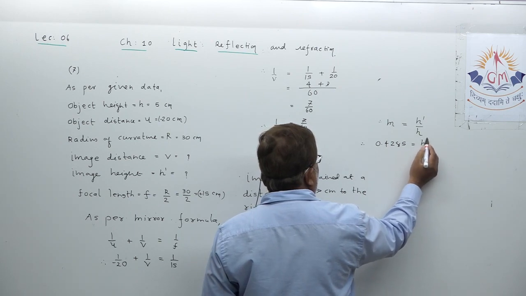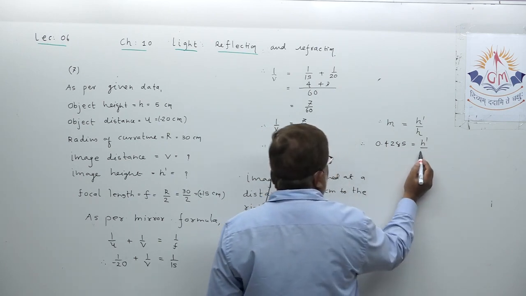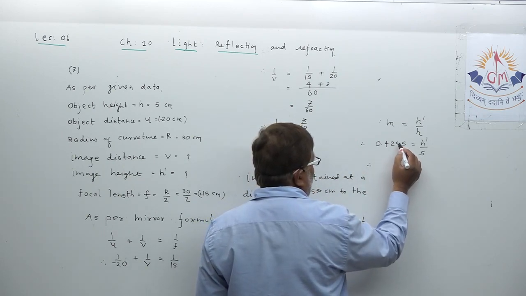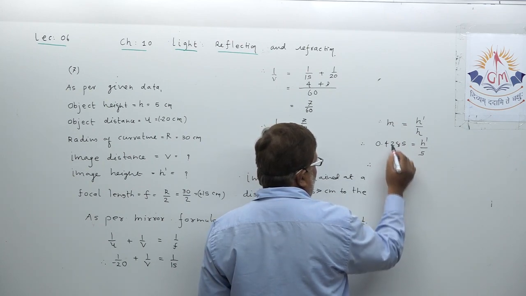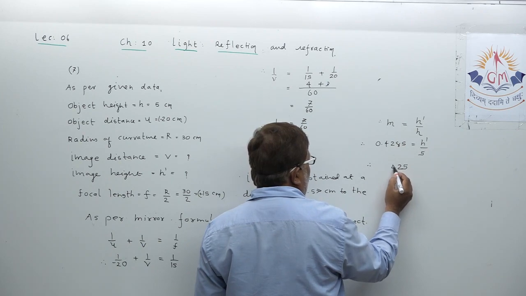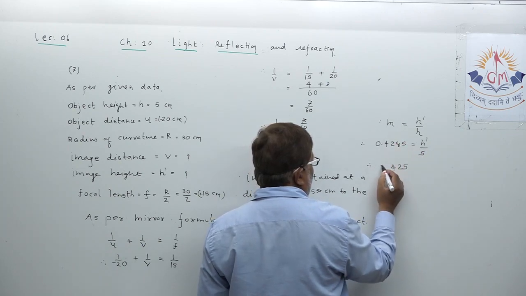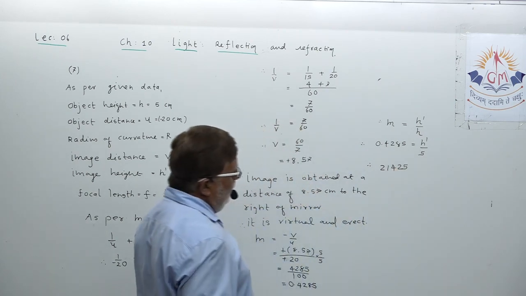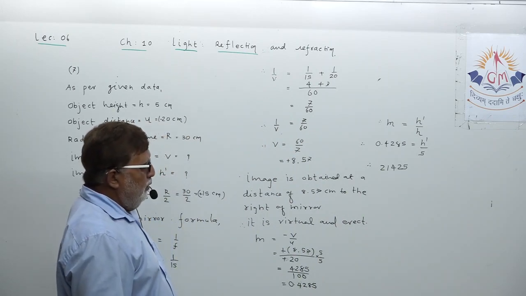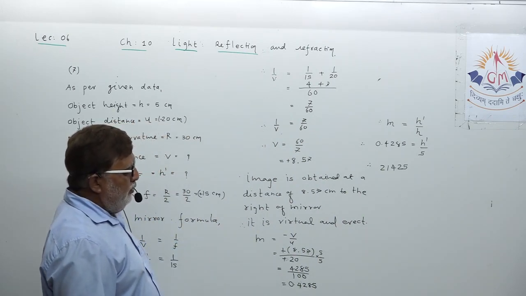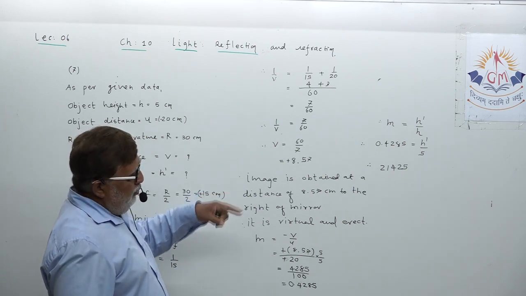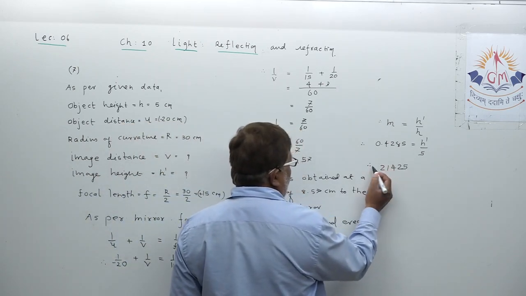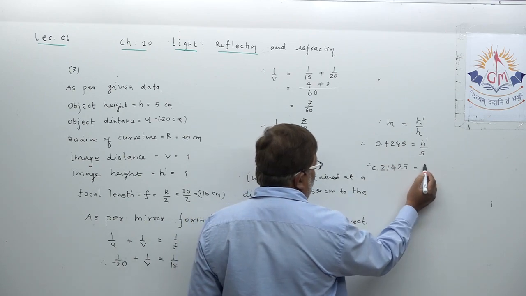0.4285 equal to h dash upon h. What is that? 5. You just need to multiply: 5 5s are 25, 2 4s are 8 plus 2 is 10, 4 14, 1 5 4 ja 20 but 21, okay? So what you got here? Just by multiplication you got this. Understand? 0.4285 into 5 you have done, and this is what we got, okay? Decimal shifting, as you know, this is h dash.